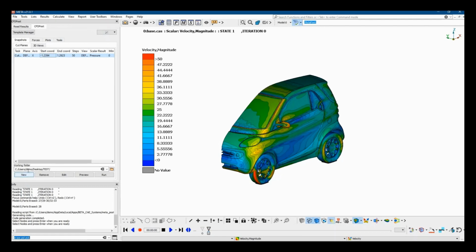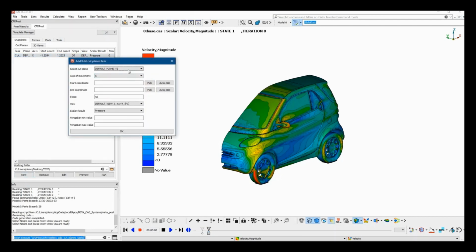We can continue and keep adding as many tasks as we want, using the same cut plane or another one if we want. We can create another task in the Y axis this time. Now, if I press AutoCalc, the minimum and maximum coordinates of the visible entities along the Y axis are calculated.